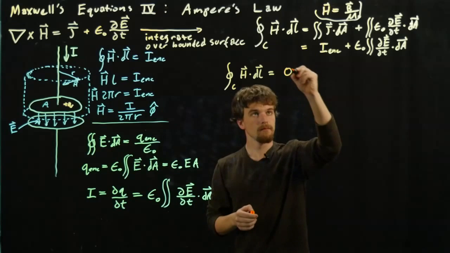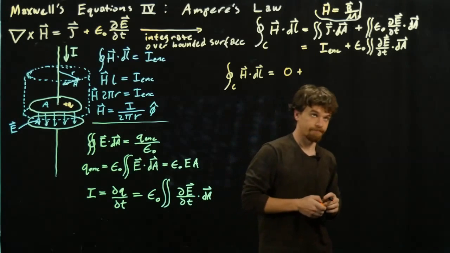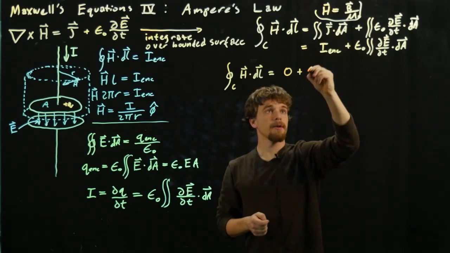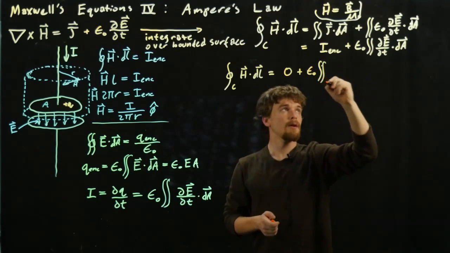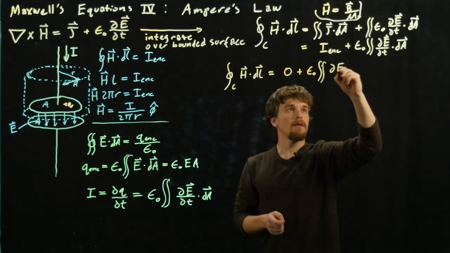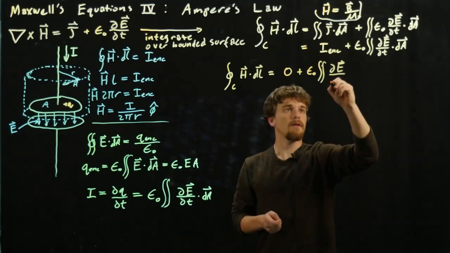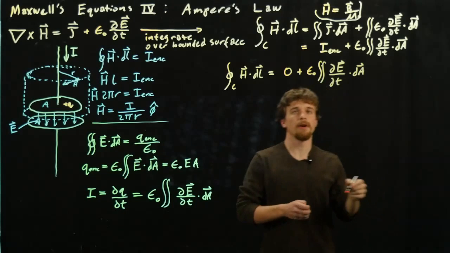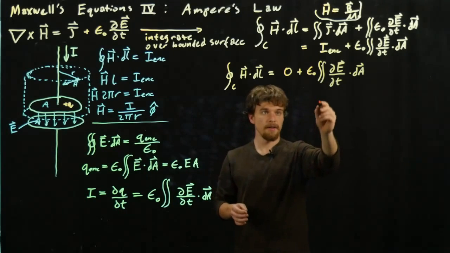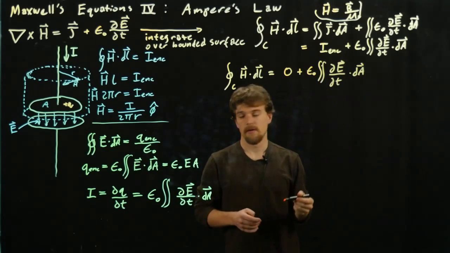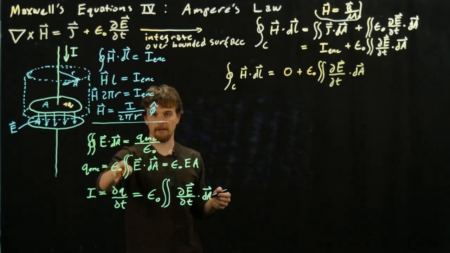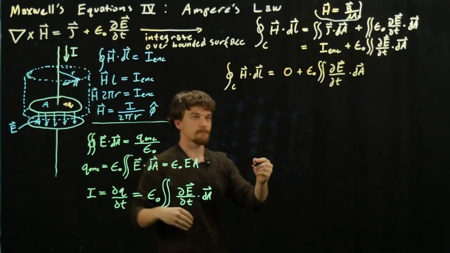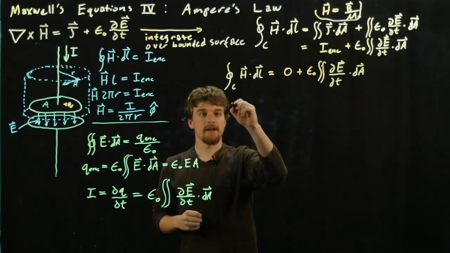We'd have 0 plus a term for our displacement current, epsilon naught. And what did we just say this was equal to? From our reasoning down here, this term is equal to the current flowing in this wire. So we say that,